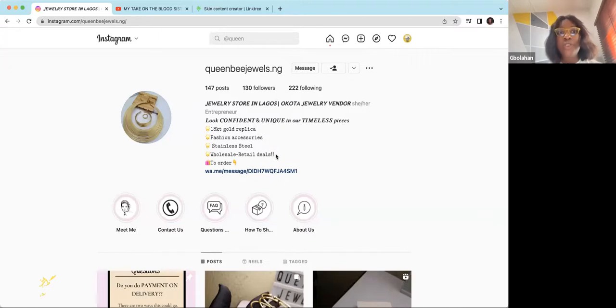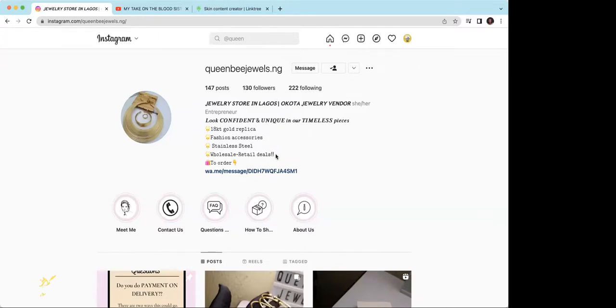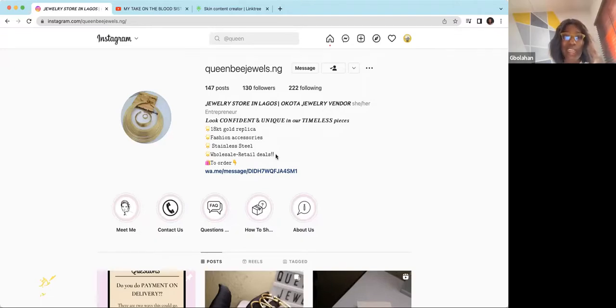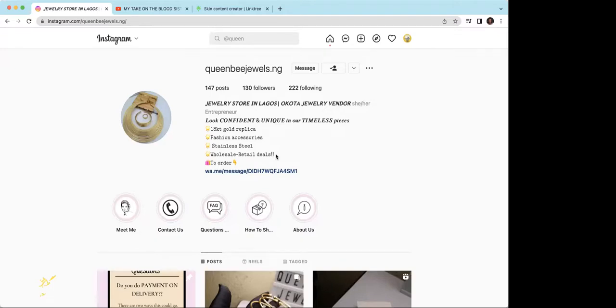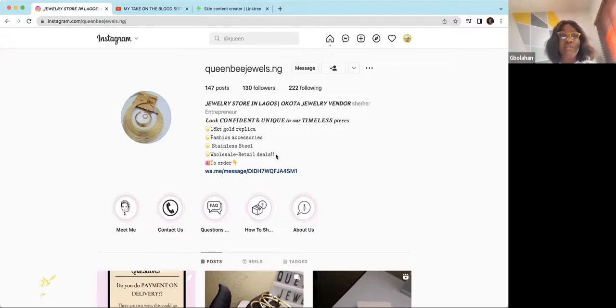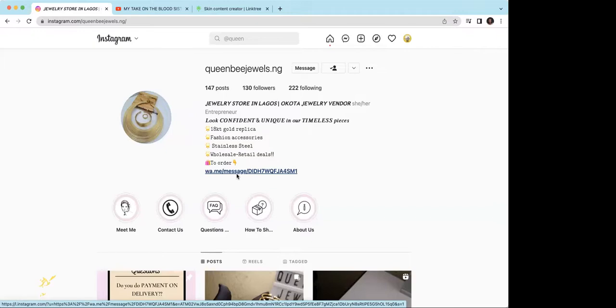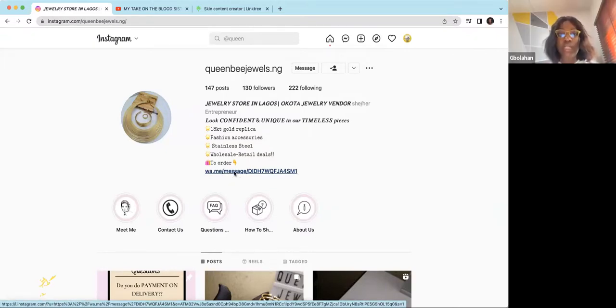Then you could also put follow us for discount deals, freebies. Do you understand? If you want to get email marketing, also put that. Then, like I said about the link tree thing, it would be nice if we can see your catalog in your links. So you could put in a link to your catalog from WhatsApp, and then of course the link to your send me a message, contact us thing, and then every other link that you want to add.